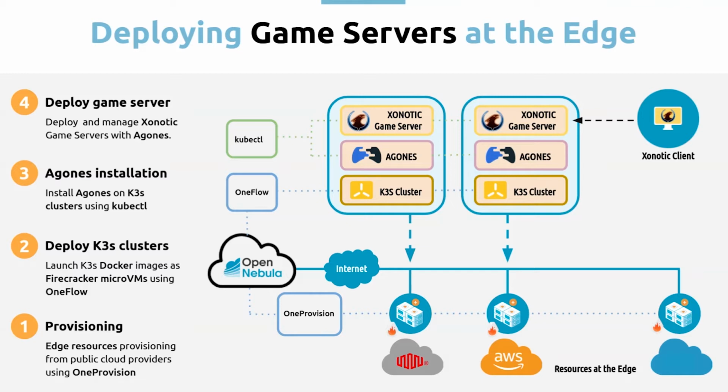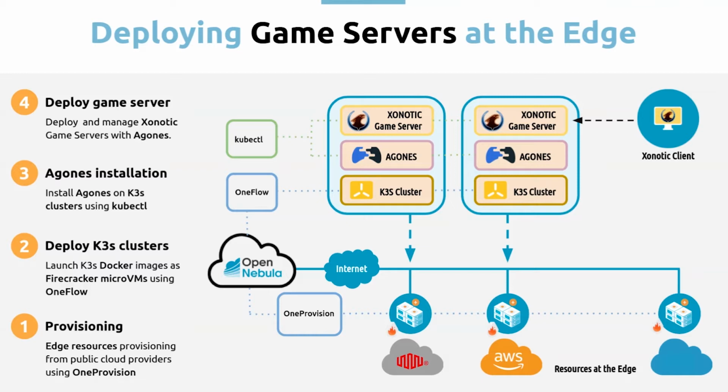And we have to take into account that Firecracker micro VMs have a very fast startup time and a very low memory overhead with respect to traditional virtual machines. In order to deploy a K3s cluster, we start from a K3s Docker image that has been built with a Dockerfile, and then we can define a service template that will be instantiated to deploy K3s clusters on edge